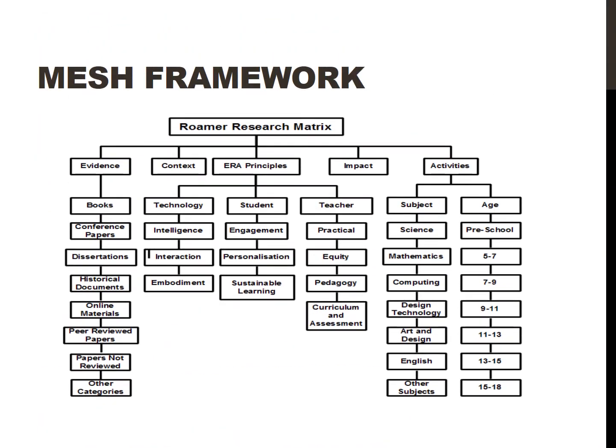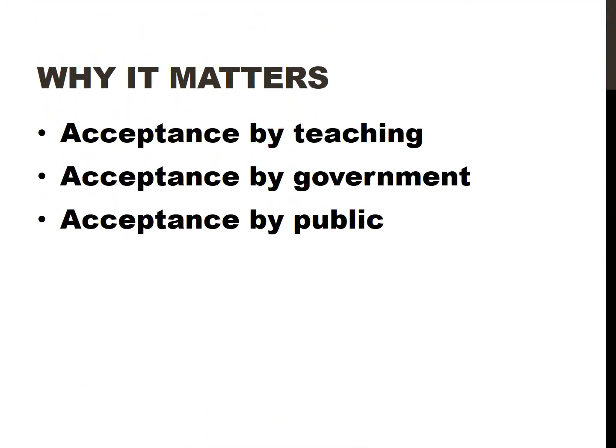This brings us to the mesh guide. Now, how do you collate all this data? We've got information going back into the mid-60s. How do you make sense of different children, different age groups, different countries, different abilities, different topics? What we need to be able to do is bring all of that together, and this is what the mesh guide does. It provides us a framework for collating and presenting information to people. This provides data for the eRobot project, whose aim is to provide proof to the public, to teachers and the government about the value of educational robots.